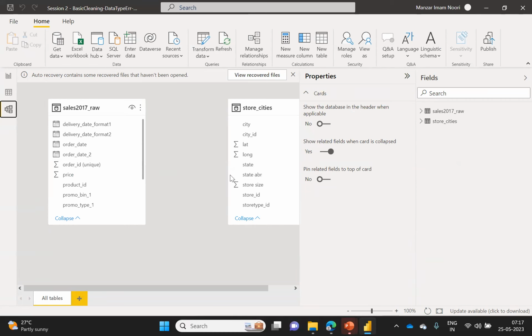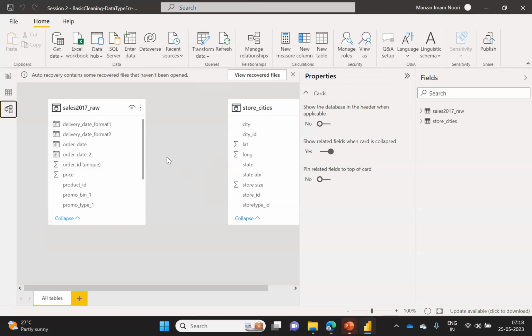The same cross join happens in SQL databases also. Wherever we go, the concept is the same for the cross join, or for left outer join, right outer join, or any joins. Creating a relationship is the same